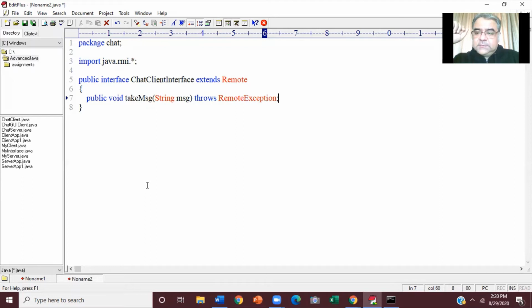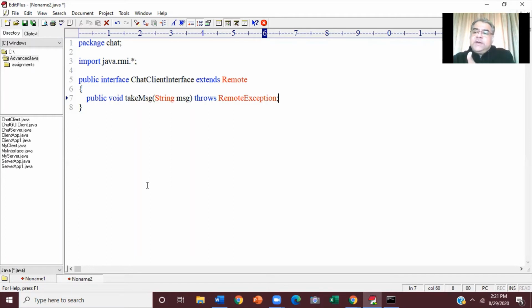There are two ways. Either server gives those names to the client, by calling a method on client and passing those names as argument. Or the other way is client goes and gets it from him. When client goes and gets it, it means client calls a method on server and that method returns. But what do you think? Which is the correct option?